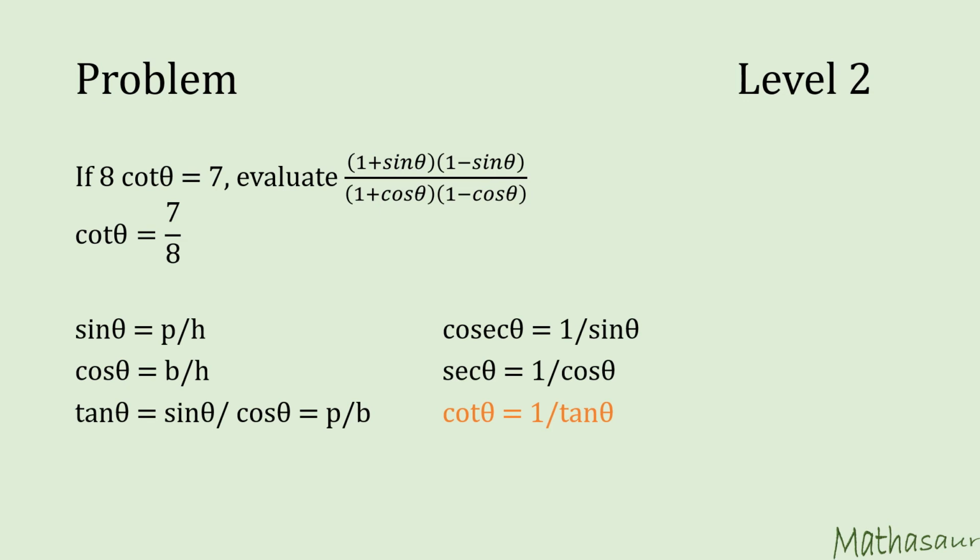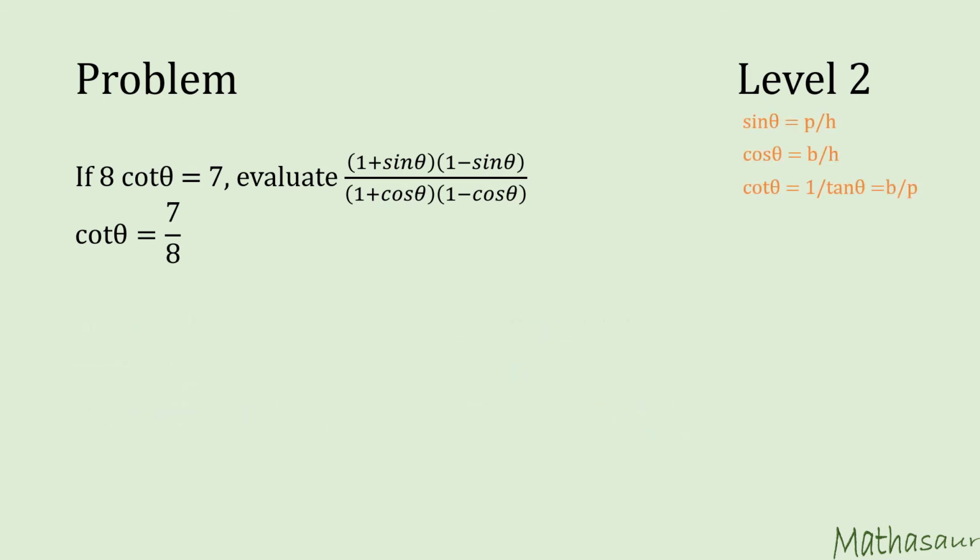Now once again, let us recall our trigonometric ratios. We know that cot theta is equal to small b by small p. And we have to evaluate sin theta and cos theta. So we are going to use 3 of these trigonometric ratios here. Let us park these 3 formulae for reference. Now cot theta is equal to small b upon small p.